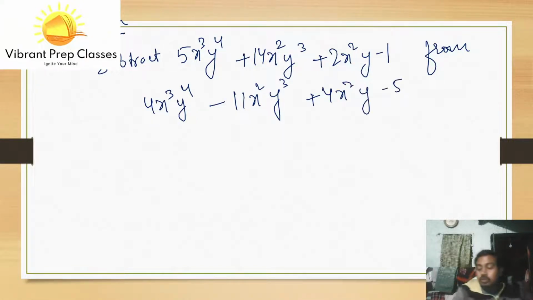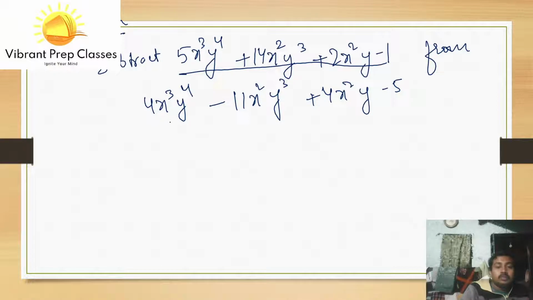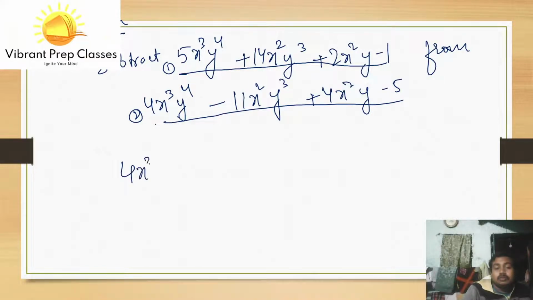So we have to subtract what? This thing from this thing. So we understand that we have to subtract this from this. This is the first term and this is the second term. So we have to subtract first from the second. So we'll write the second first, because we have to subtract first from the second. So we will write the second one first as it is,